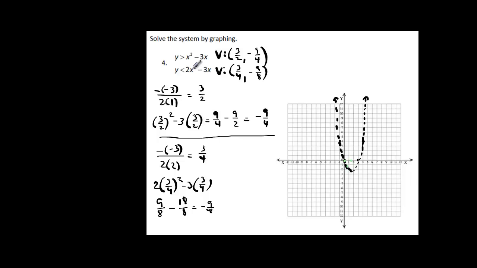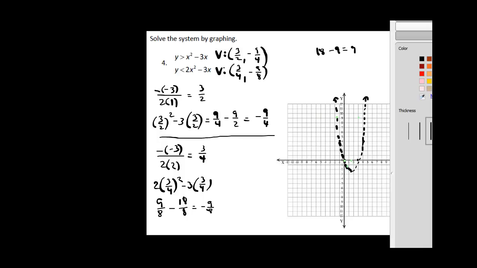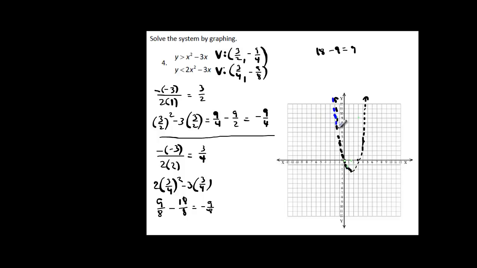If I plug in 3, 3 squared is 9. 9 times 2 is 18. 3 times 3 is 9. So 3, 9 is a point on the graph, which is 1.5 units to the right of this one. So 1.5 units to the left would be right around there. So if I plot that one, or if I draw that out, let's just get a, I'm going to have